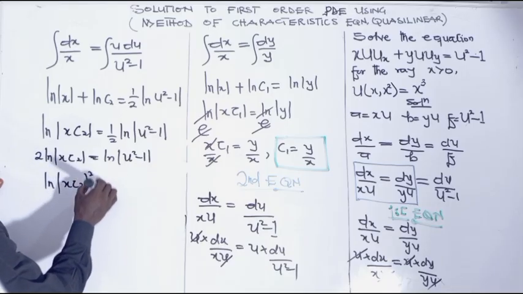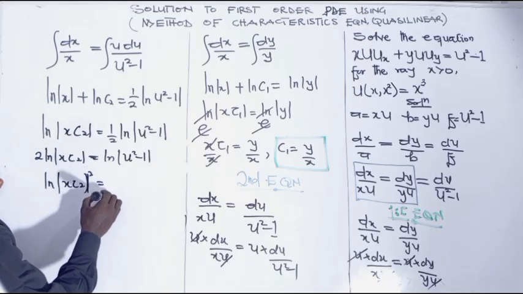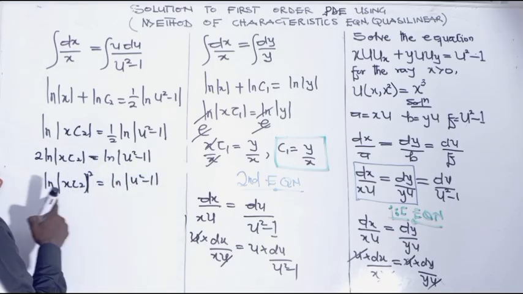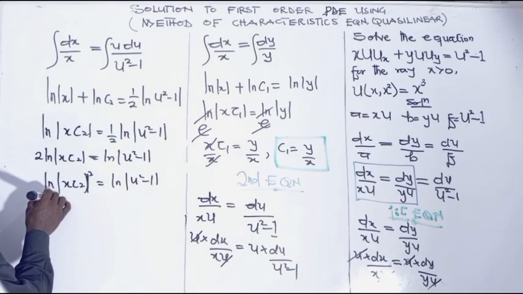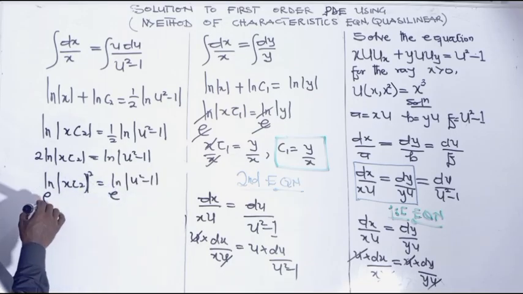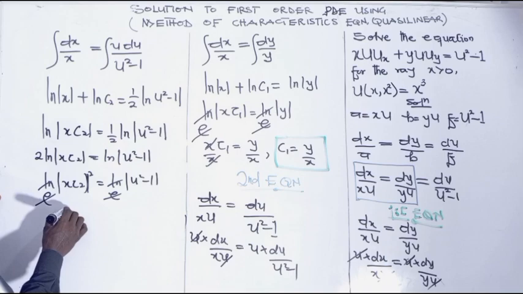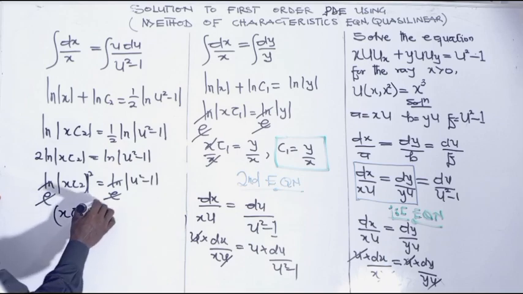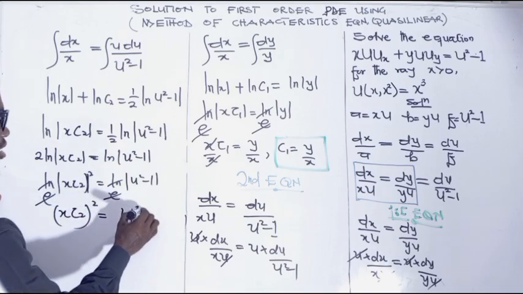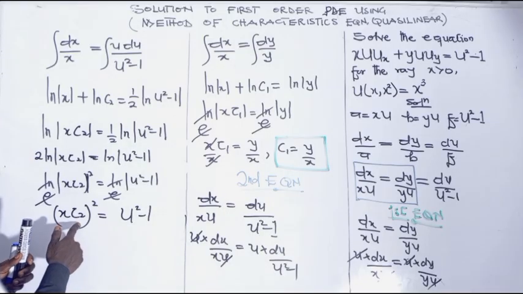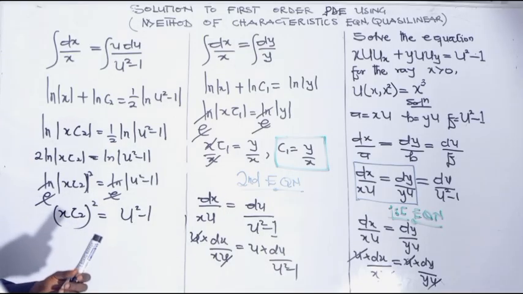sc2 all squared is equal to ln of u squared minus 1. Now let's clear the ln away from the equation by taking the e on either side of the equal sign so that this will cancel the lns. And at the end, we are left with sc2 all squared is equal to u squared minus 1. Now we are interested in making c2 the subject, which is going to give us the